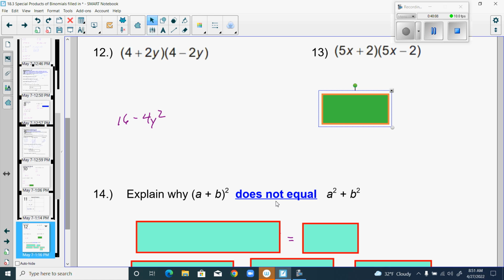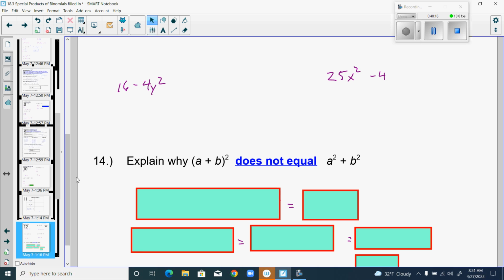We've got a couple more examples and then we'll be done. I kind of erroneously said this was the last one. We have one more very important problem that we need to cover. So bear with me here. Number 14, why does a plus b squared not equal a squared plus b squared? Well,